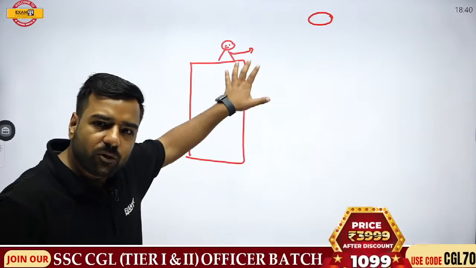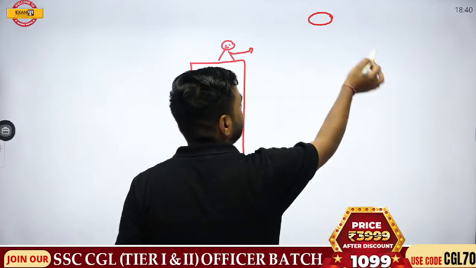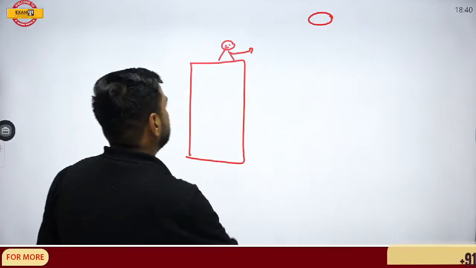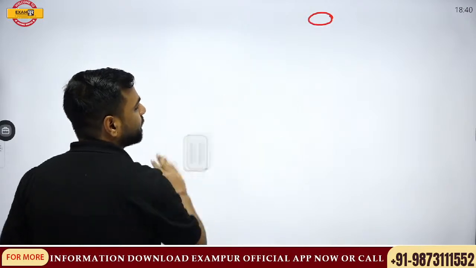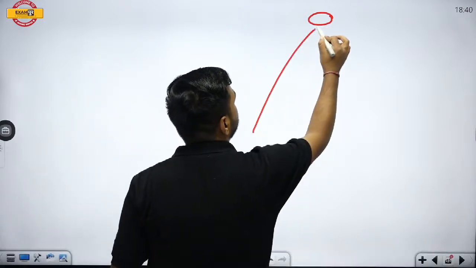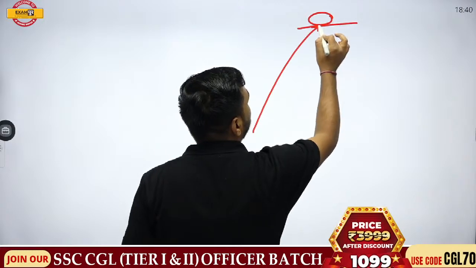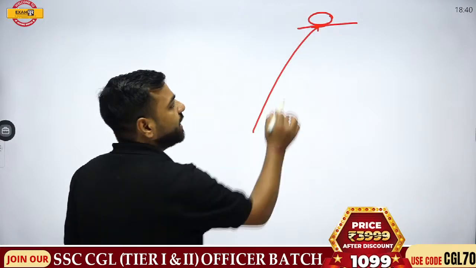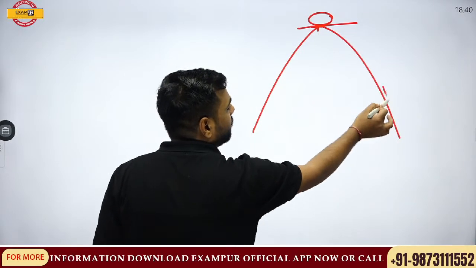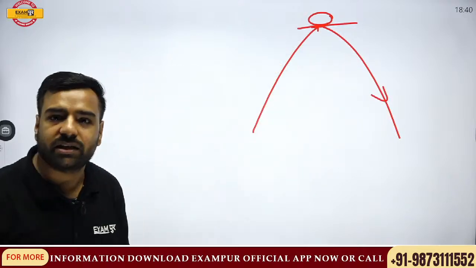When the ball is thrown upwards, it's obvious it will come downward as well. Now, let's remove this building part. When this ball was thrown upwards, there was a peak time where it will become stationary and then it will start coming down. Now, let's have a discussion on the potential energy and kinetic energy.